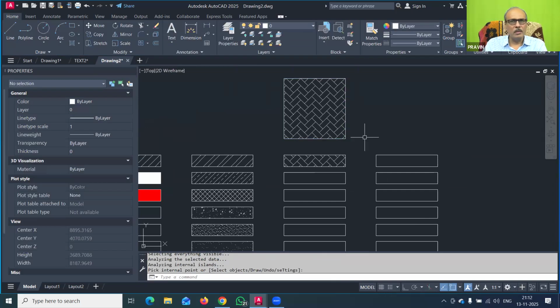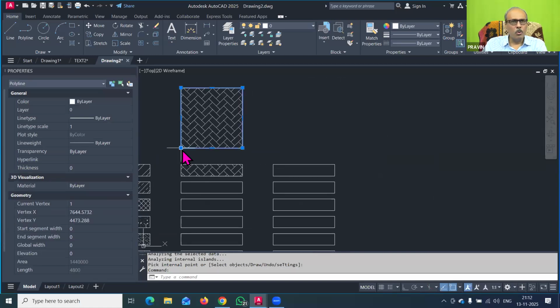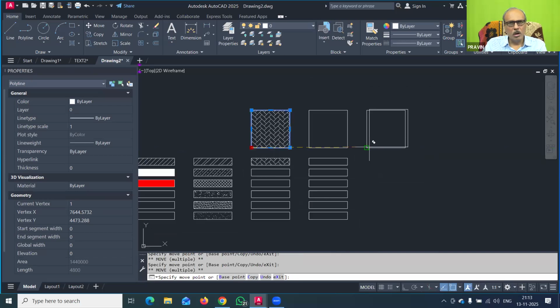So this is a very nice tiles pattern you can apply. In this way, you can draw a rectangle, move and copy it using the grip command, and you can arrange so many rectangles here. So I will draw some of the rectangles here again.